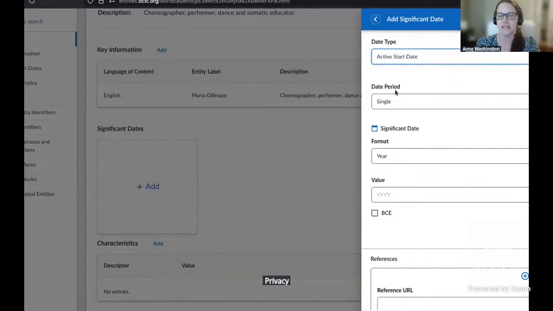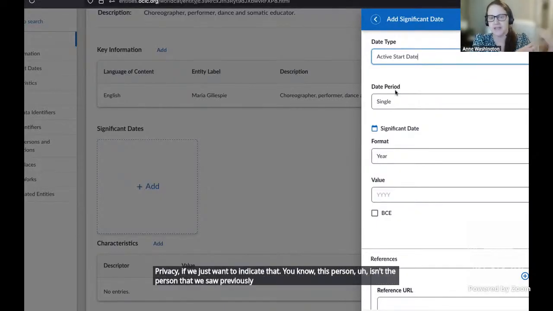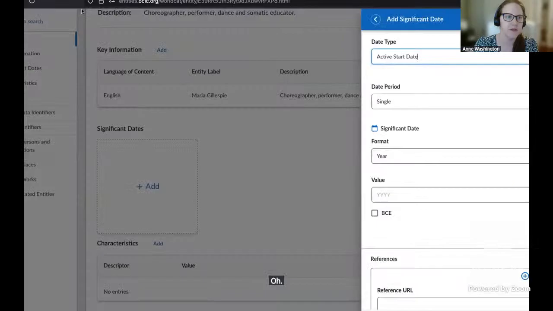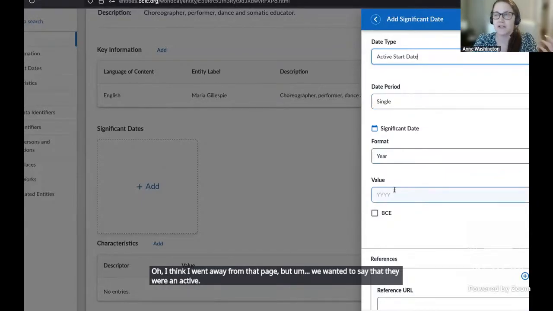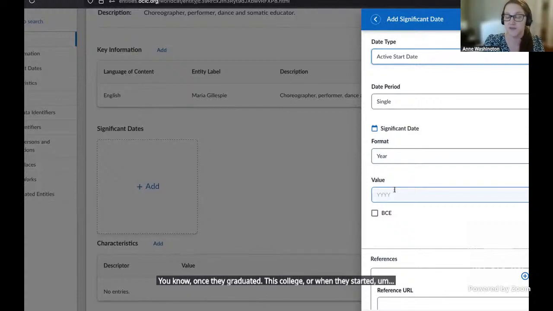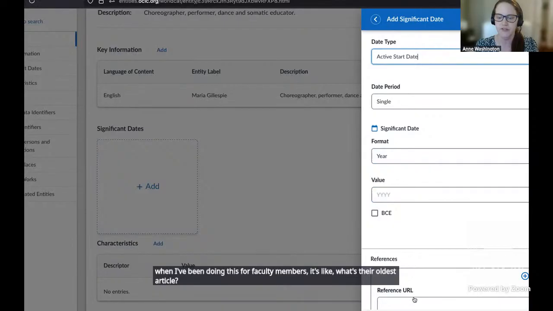If we just want to indicate that this person isn't the person that we saw previously from the 1884 or whatever, we wanted to say that they were active once they graduated this college or when they started. But when I've been doing this for faculty members, it's like, what's their oldest article? You could use that info.